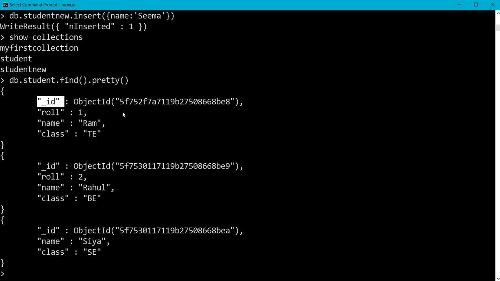How is the 12-byte structure divided for underscore ID? Let me explain. The first 4 bytes represent time in seconds.